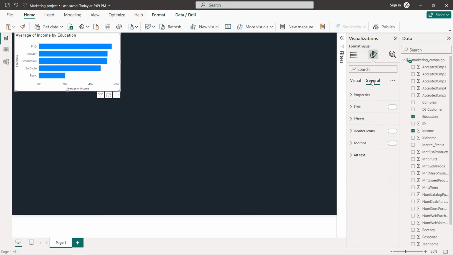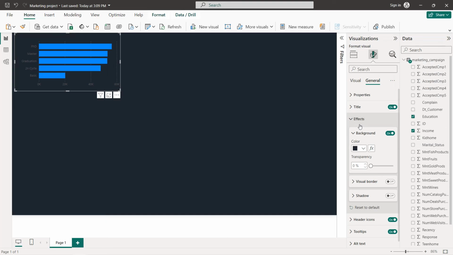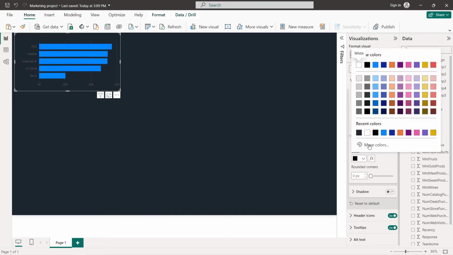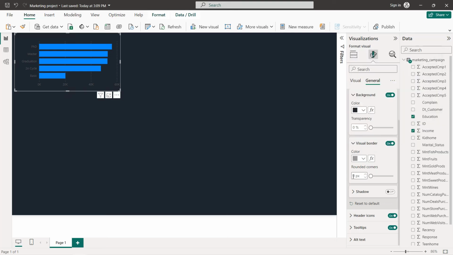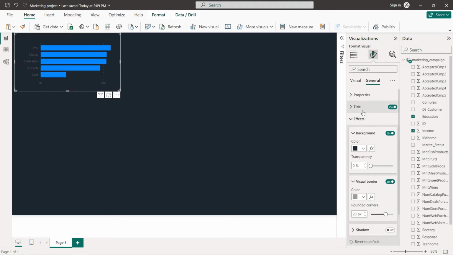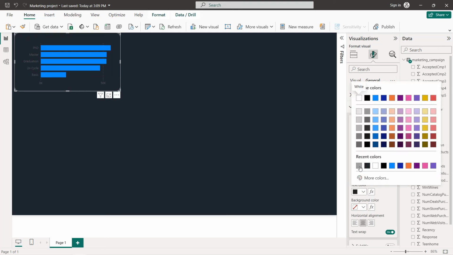First thing to do is to change the background to the same color. The border will be with the following color. So we write the following code: 9EA0A5, rounded corners 20. For the title, we have average income by education. It will be centered with the same color